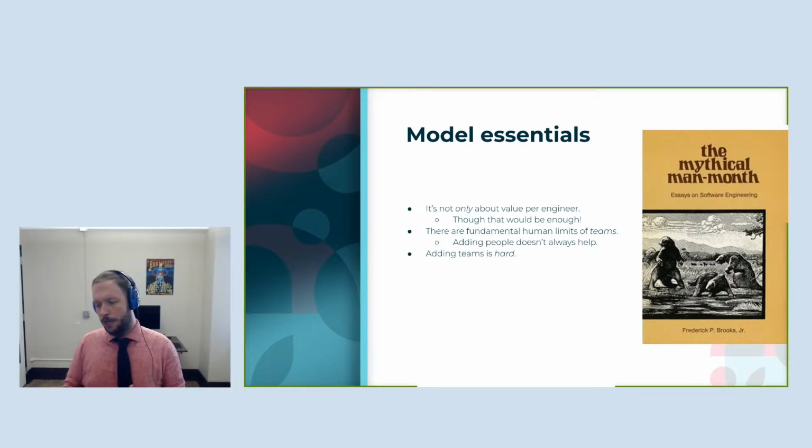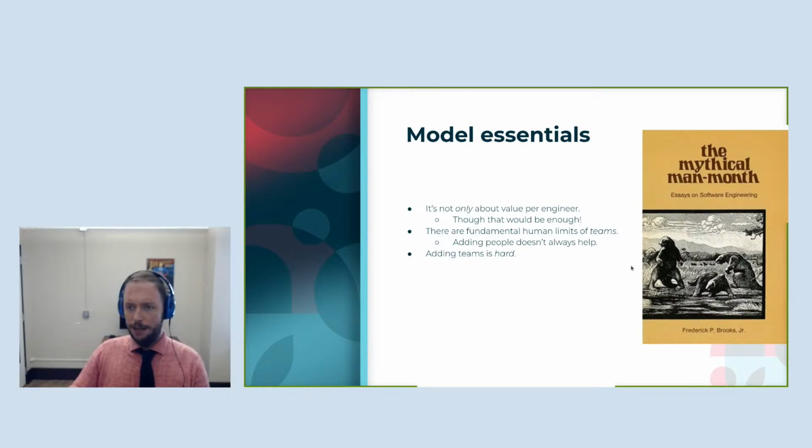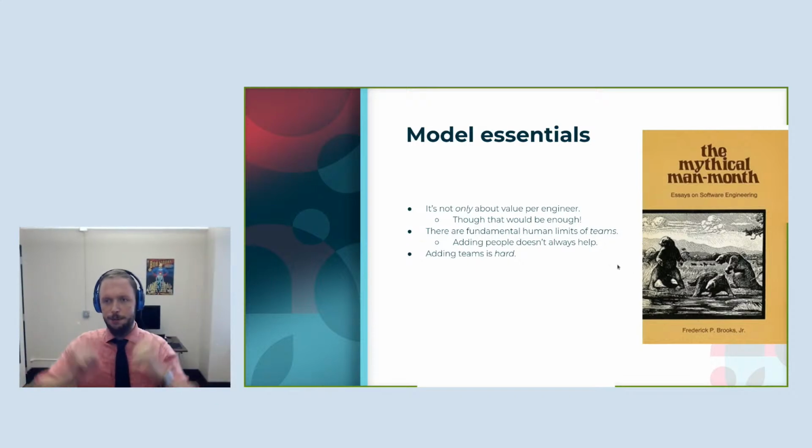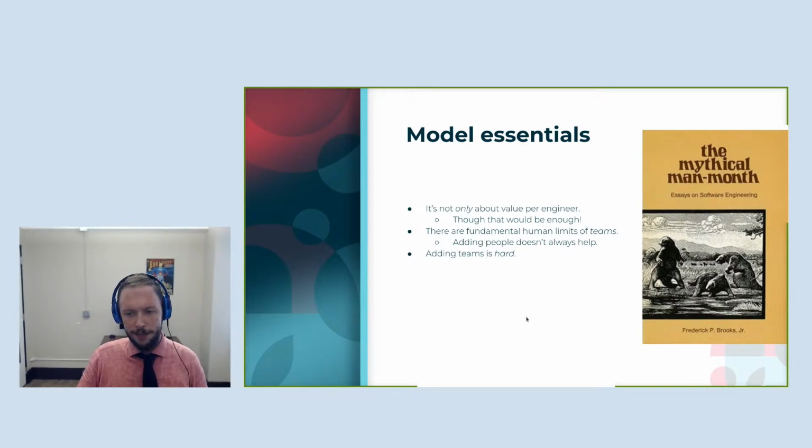And so at a certain point, you just need to add teams, but adding teams is hard. You've got to figure out the natural limits of the system that can actually be divided such that one team no longer needs to think about the domain of the other team and vice versa. It's very hard to get that right, and you need to make technical investments to actually make it work out.